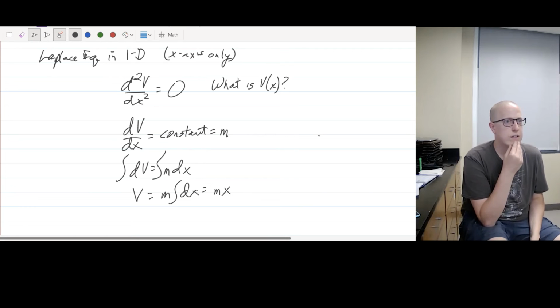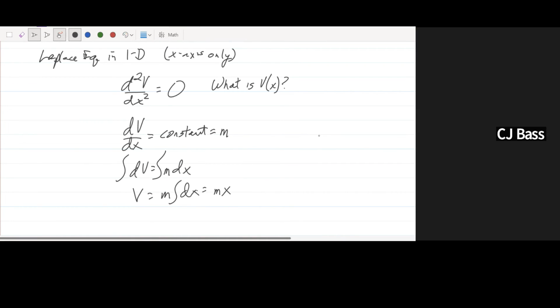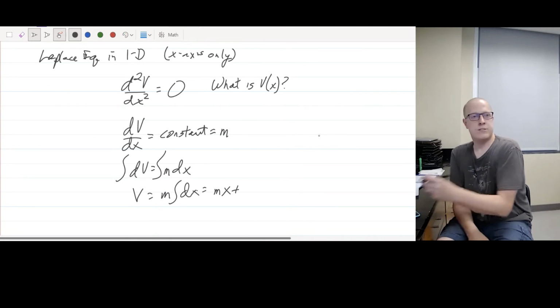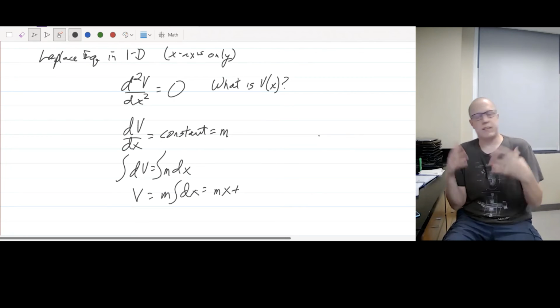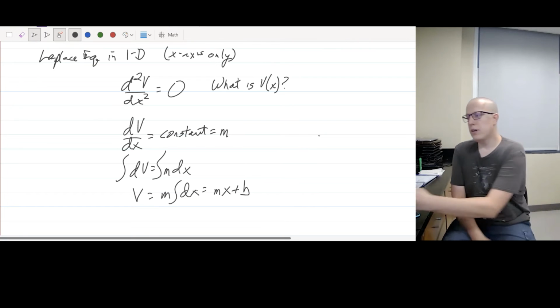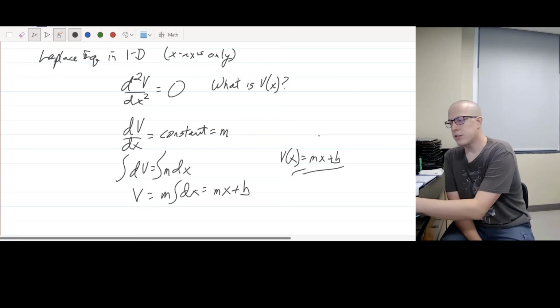What am I missing yet? When I take an integral that doesn't have bounds on it, if I take an indefinite integral, plus another constant. Great, excellent. So I only need one constant. I don't need to do it on the left and the right. I only need one, and I'm just going to pick b. And so you can see here then that our v of x is equal to mx plus b, right? And that is telling us that the solution to Laplace's differential equation in one dimension is just a straight line,